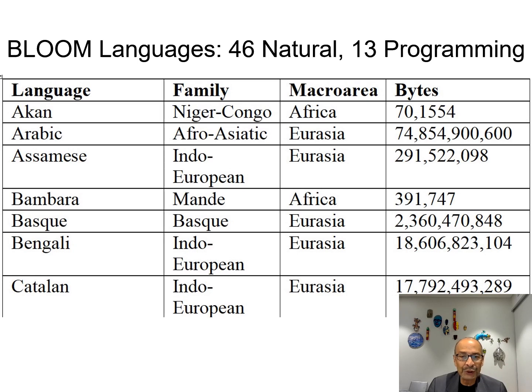Even though both are Indo-European languages, Catalan is spoken by about 8 million people, whereas Bengali is spoken by 300 million people. So there's a qualitative difference in terms of how much spread each of these languages have. Now, in fairness, even though Catalan and Bengali are both listed here as Indo-European language and macro area of Eurasia,